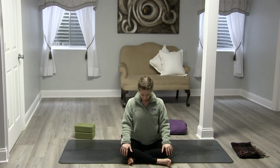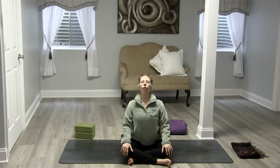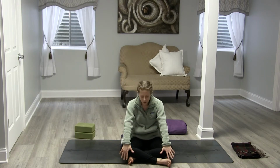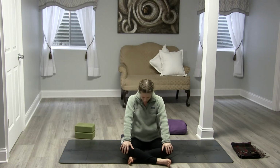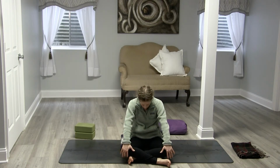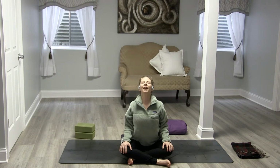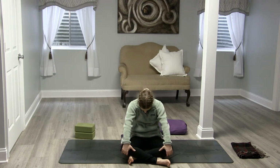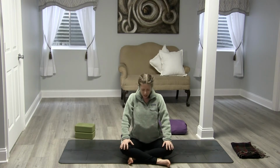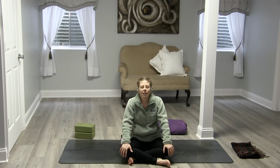Good. Inhaling, lifting up. Exhaling, drawing in. Inhaling, lifting up, opening. Exhaling, drawing in. So we inhale and open to receiving all the goodness, the grace, the healing available. And then we exhale, drawing it into our bodies. Good. Inhaling, receiving. Exhaling, integrating. One more deep breath in, opening the heart, lifting the chin toward the sky, and exhaling, drawing it